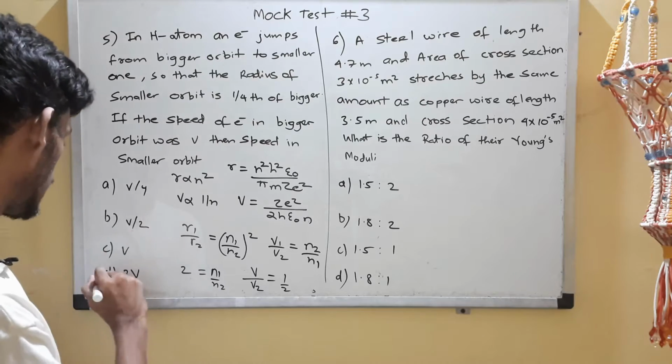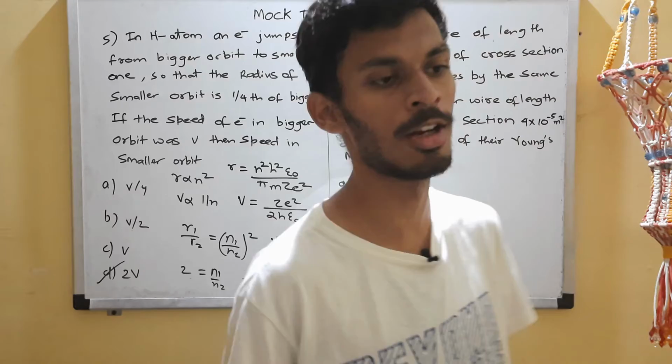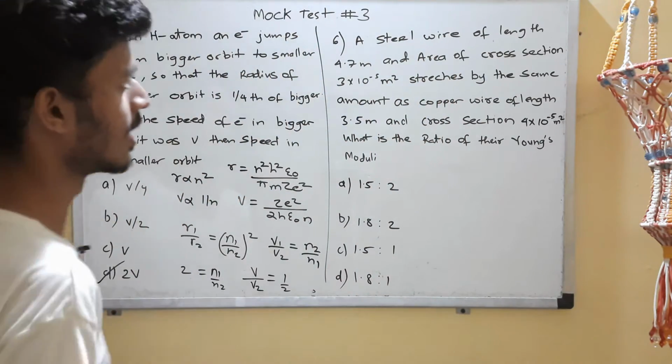Okay, so option D is the correct choice over here. v2 is 2 times v. The velocity in the smaller orbit will be twice the velocity in the bigger orbit in this case. Okay,